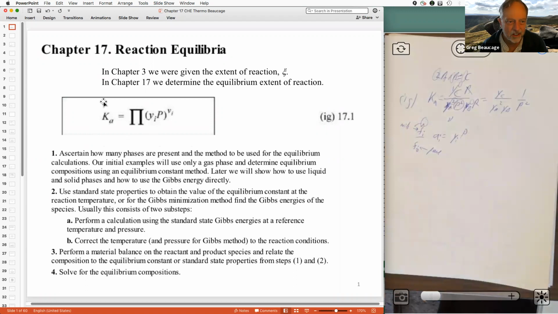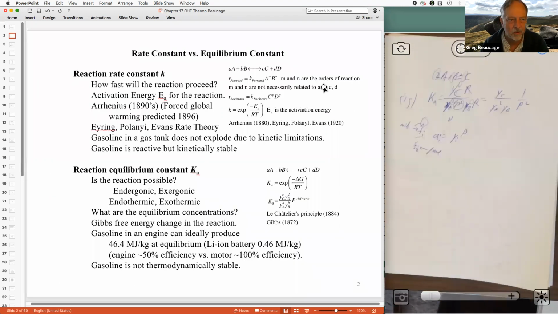So calculating the equilibrium constants is the main part of this chapter. What's the temperature change of the equilibrium constant? If you have a vapor and a liquid in equilibrium during the reaction, so one of your products is a liquid or a solid, how does K change? Those kinds of issues are what's important in this. So first off,